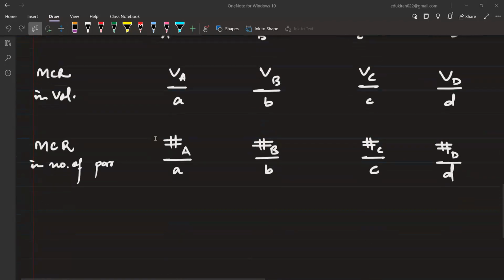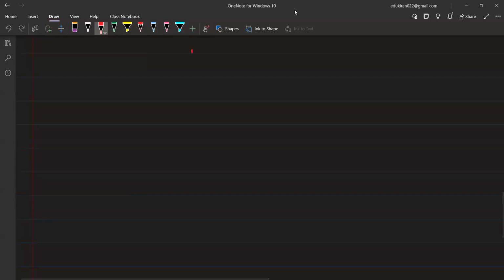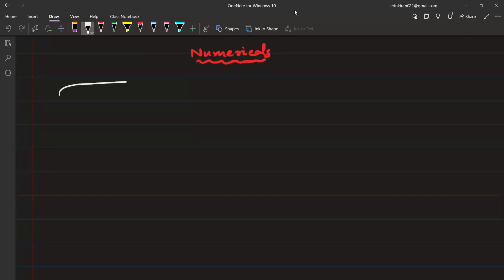Now, I will talk about numericals and the types of numericals that can be made from this particular topic. We have reactant and product. So if I talk about numericals, the question can either ask you to determine the amount of product formed, or to determine the amount of reactant required. So the question can be either reactant required,